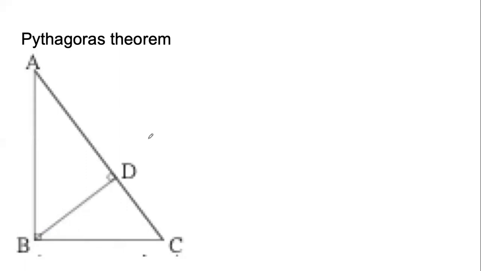You started studying about Pythagoras theorem way back in class 7. You had two or three different proofs in class 7. We had some proofs in class 8 and 9 also. In class 10, we looked at the final proof where we figured out that if there is a right angle triangle, say triangle ABC, where angle B is 90 degrees, then the square of the length of the hypotenuse, which is the longest side, which is opposite to the biggest angle, that is AC, will be equal to the sum of the squares of the other two sides, that is AB square plus BC square.